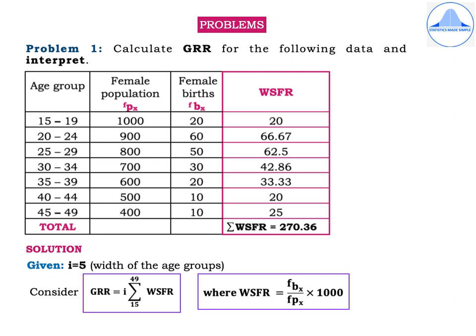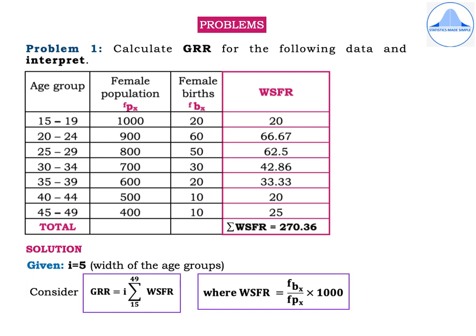Problem 1. Calculate GRR for the following data and interpret. In the first column, we have age group 15 to 19, 20 to 24, 25 to 29, 30 to 34, 35 to 39, 40 to 44, 45 to 49. The corresponding female populations are 1000, 900, 800, 700, 600, 500, 400, and the female births are 20, 60, 50,